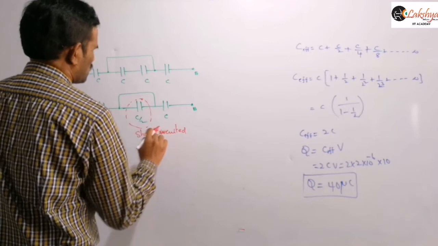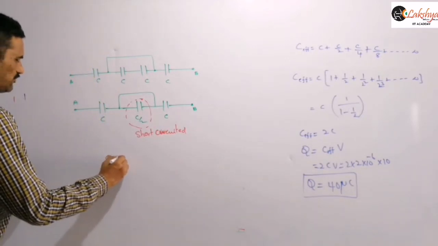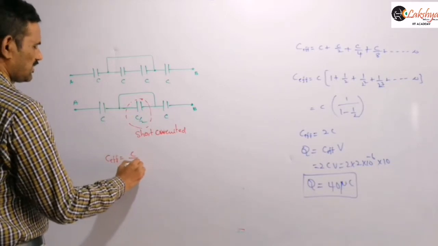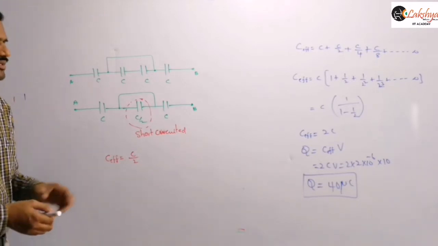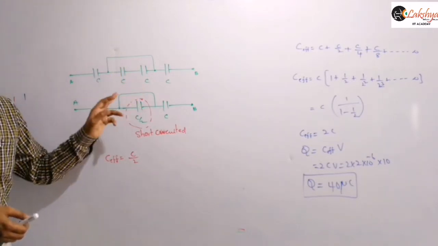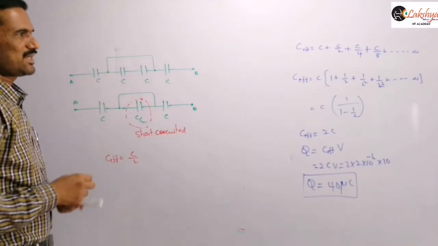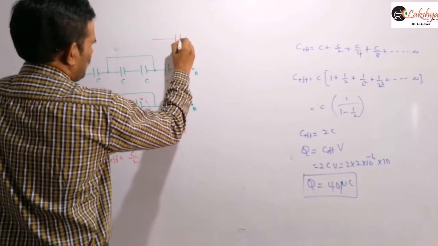So that capacitor is short circuited now, and therefore that C effective will be equal to only these two capacitors that are there here. Both of them are in series, so you can write that as C effective, right? Directly here itself we can say that. And you should observe the difference with such a connection problem we solved previously, I think the first problem which we discussed.